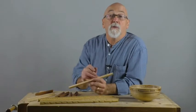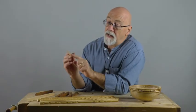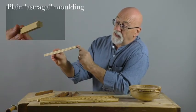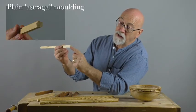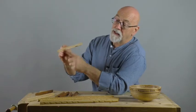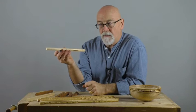Hello, I'm going to talk to you about Astragal mouldings. An Astragal is a moulding that's really a strip like this. It's a little reed that runs along the length of a piece of wood and is semicircular in section. This is a naked piece of moulding, obviously nothing on it, but carvers can take this basic moulding and do